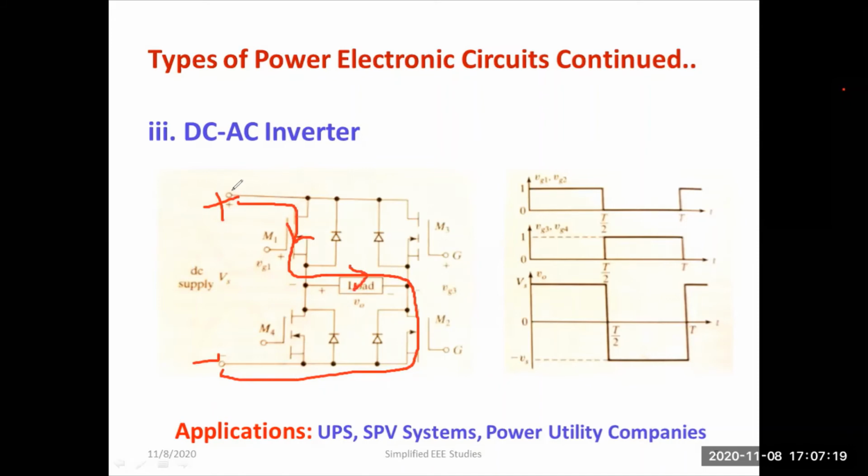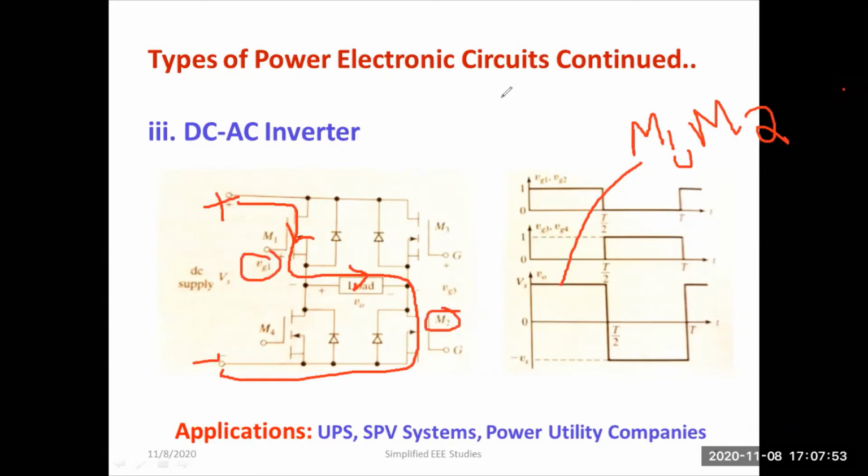So during the positive cycle, or the first cycle, whatever input voltage you have applied will come across the load. M1 and M2 will be operated. These are the two switches, and M3 and M4 will remain in the open circuit condition, in the off state. So you can note down that during the first cycle, M1 and M2 will be operated. That means you have to provide a suitable gating pulse to M1 and M2.